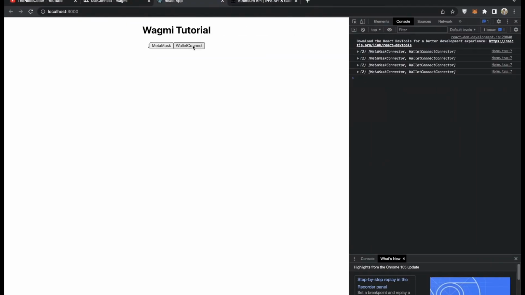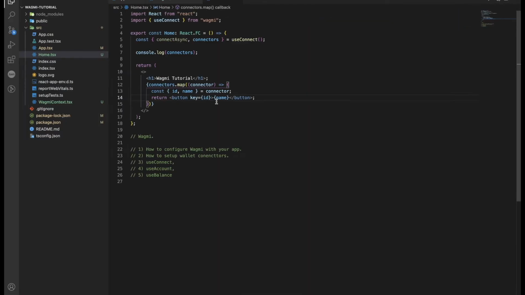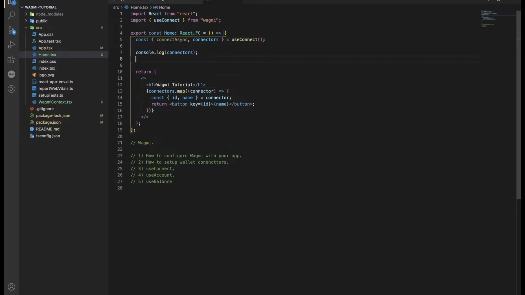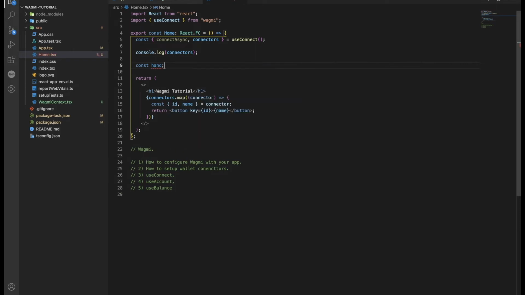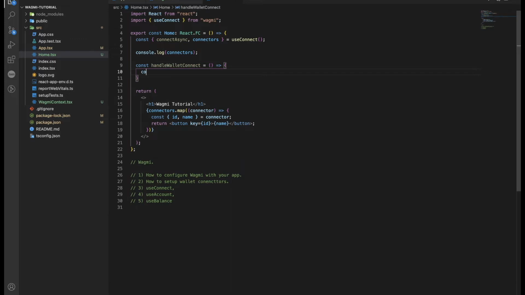For now, nothing will happen if I click on this, and I have a weird semicolon. Yeah, this one. So nothing happens if I connect. Now let's create a function, handle wallet connect, and then we can use const, something will be returned from this connect async function. What it takes is